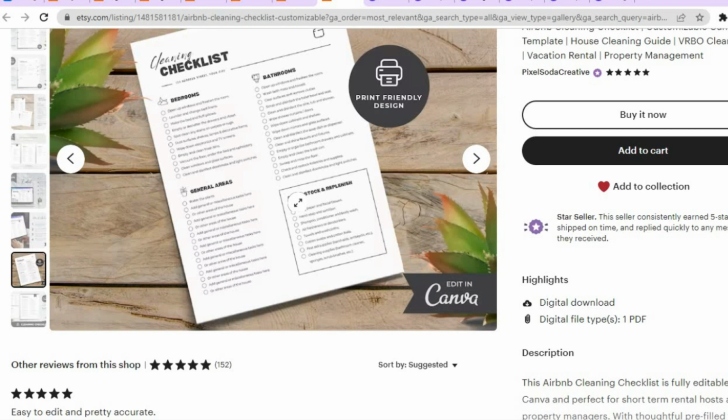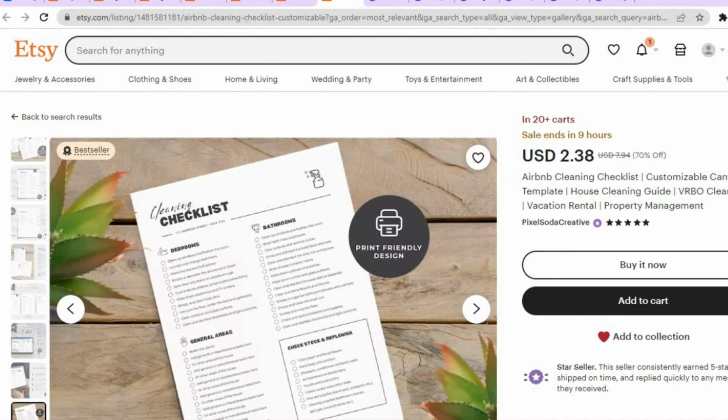But with digital products, once you have uploaded, that's it. You don't have to keep on uploading different products and you don't have to worry about delivery or anything like that. So it is passive. As you can see, digital download, and it is simply one PDF, just like what I showed you to do a while ago. So to create a listing, all you'll need to do